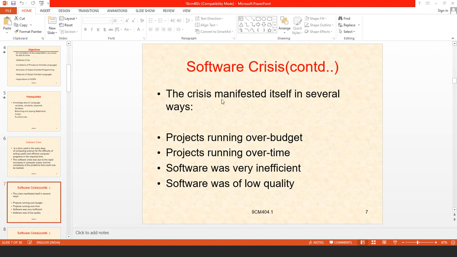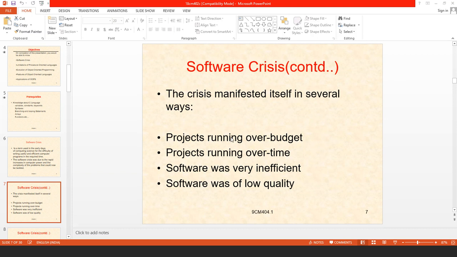The crisis manifests itself in several ways. If there is a software crisis, it may cause some problems: projects running over budget, projects running over time. As we face problems or difficulties at the time of writing the software or writing complex programs, that may cause over budget.